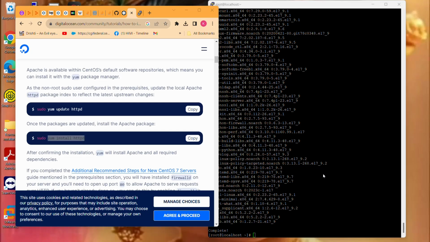The host operating system is the one which is installed directly on my machine, on the laptop. Whereas the guest operating system is the operating system which we installed virtually. Those are VMs, virtual machines, called guest operating systems. In your case, Windows 11 is your host operating system. CentOS is a guest operating system.